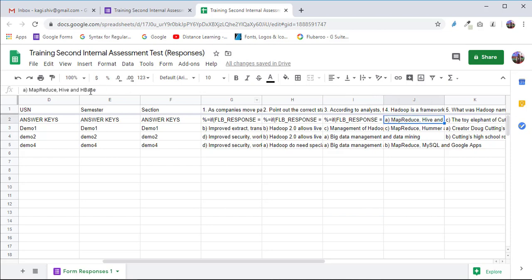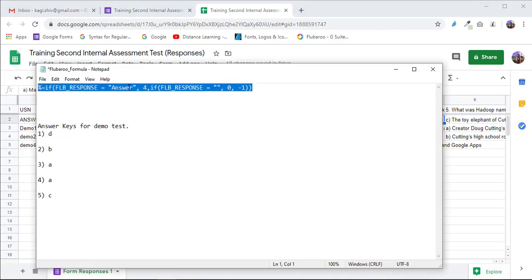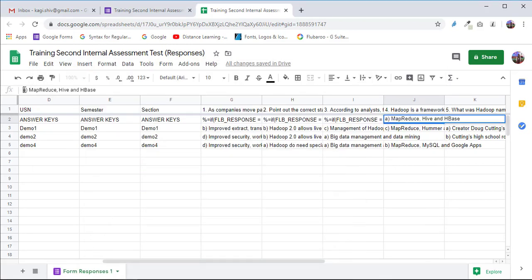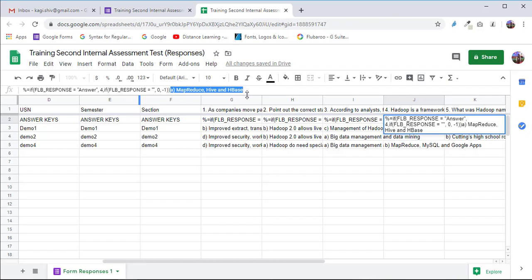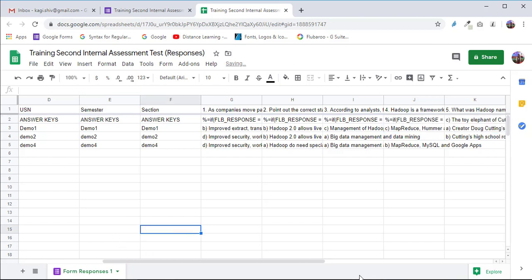Now for the fourth one, again I will go here, copy, and paste. Again I will cut this answer here and press Control V. The fourth one is done. Now the last question.